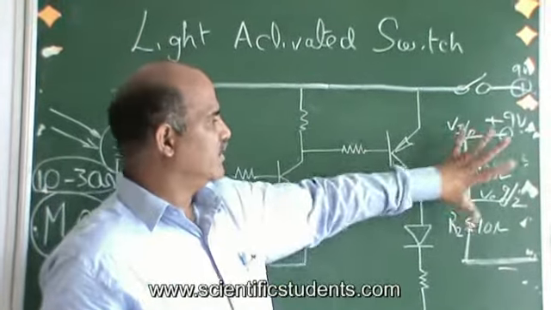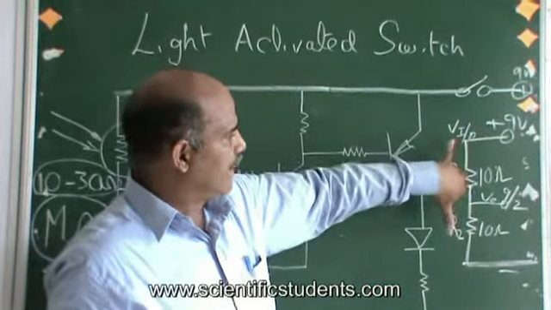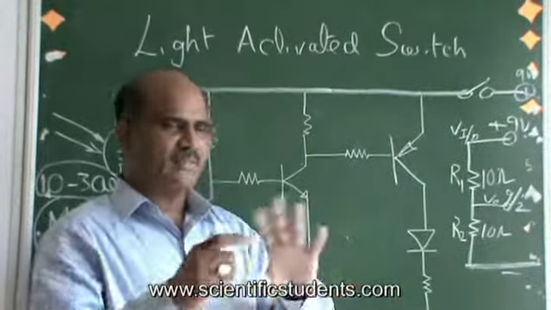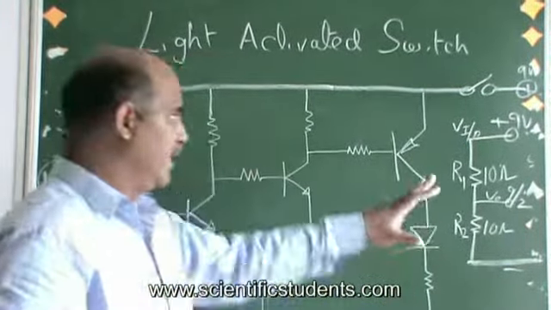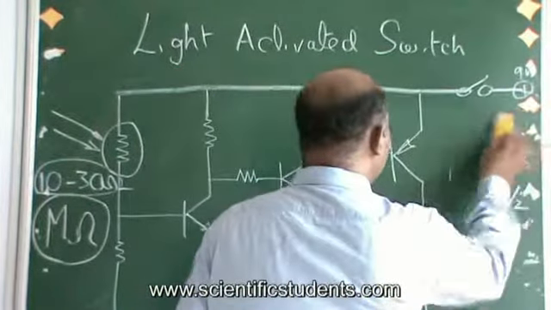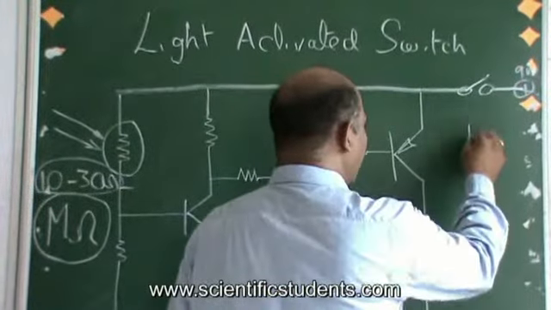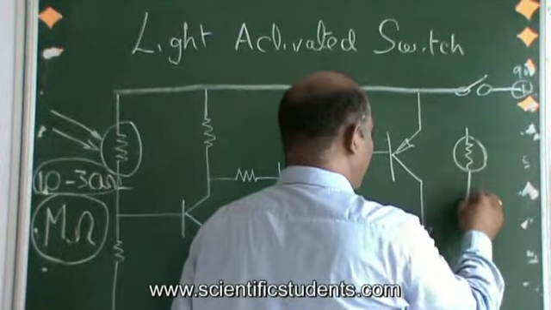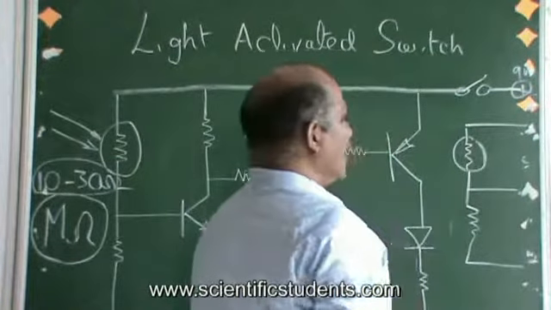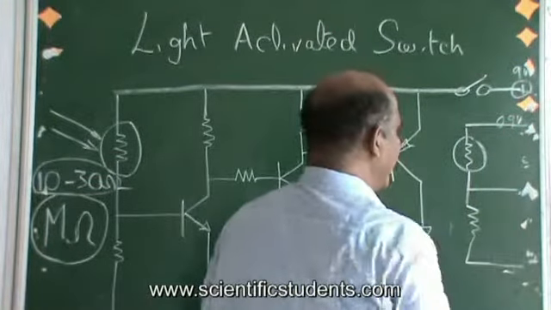But right now, just feel that whenever two resistors are connected in series to the main voltage source, and in between you have another voltage coming out, that is because of the potential divider network. Similarly, the same kind of potential divider network I am using here with an LDR instead of the regular resistor. What I used as R1, here I am using one LDR, and I am giving 9 volts here, and anyway it is negative.